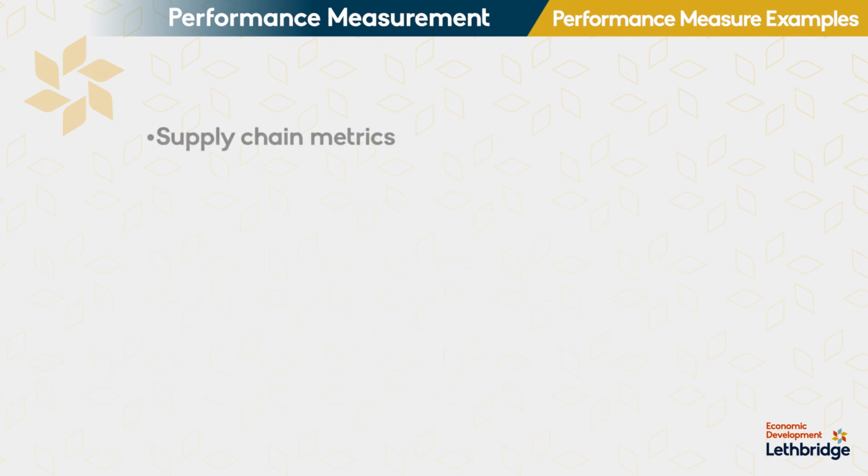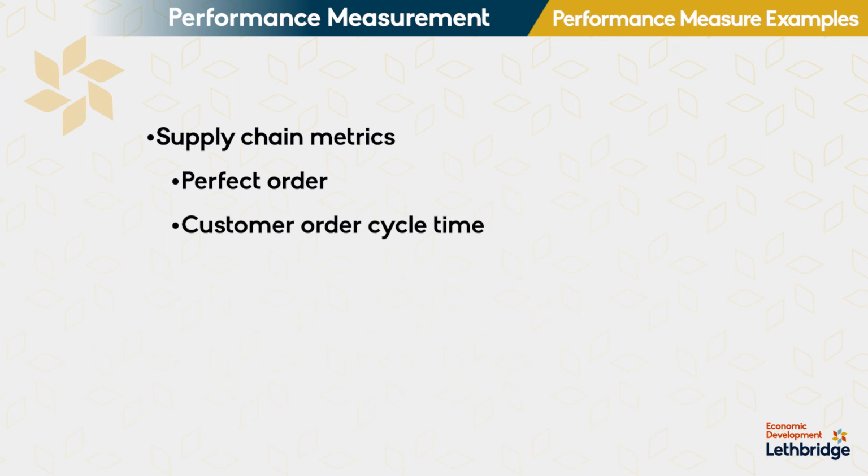Finally, specific to the supply chain, and again, splitting hairs a little bit, there are some additional metrics you might want to look at, such as a perfect order. So percentage of orders without any issues. How many of your orders do you have with 0 issues on that order? Customer order cycle time. How long from the order to the delivery? That's going to be an important supply chain metric, and that may be one that automation can help you reduce.